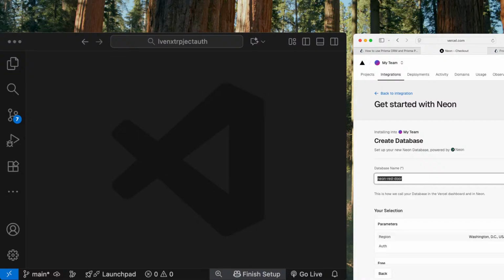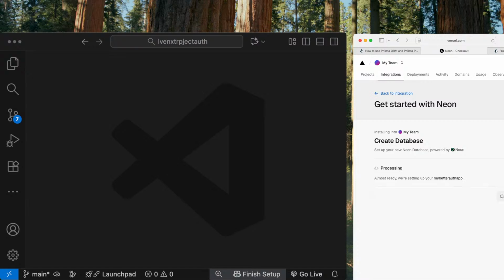After that, you'll need to name the application. And I'm just going to name this My Better Off app. Then we'll click create. It just takes a moment or two to set up your individual database, and you'll get the notification back that the database is created successfully. Then we'll just click done,